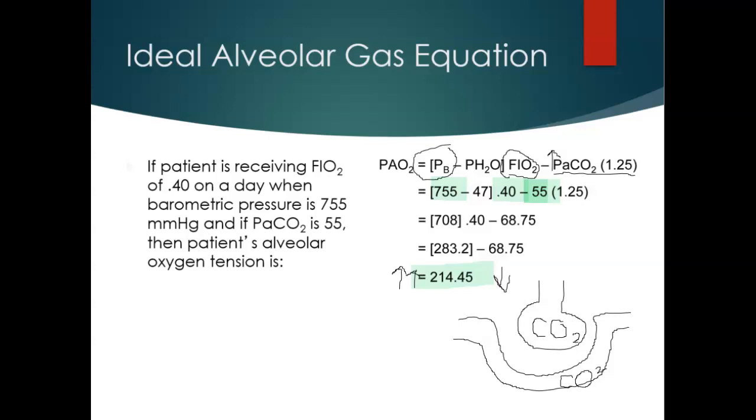So I don't have as much of a pressure gradient between the two of these. So because there's not much of a pressure gradient anymore, CO2 is not going to want to diffuse this way, and it's going to stay in that arterial blood, okay,